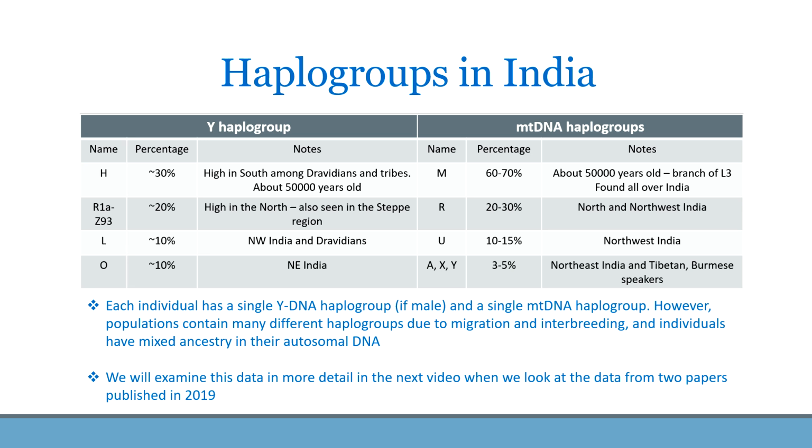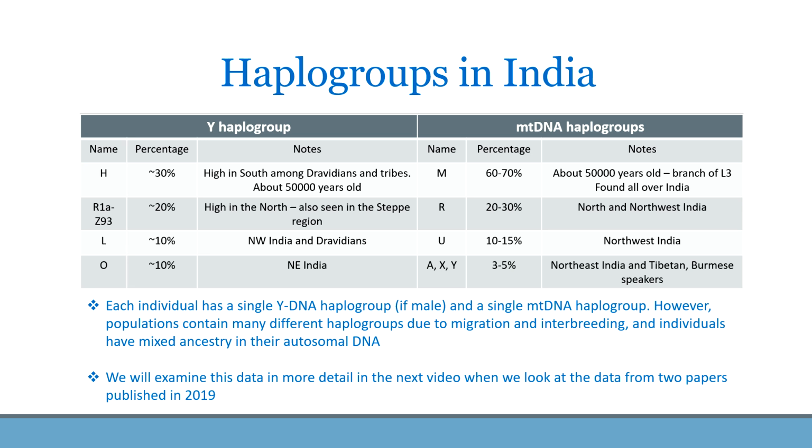The R1Z93 has higher prevalence in the north and is also seen in people of the steppe region of Central Europe. This is a crucial piece of evidence, and we will discuss this in detail in the next video. M and its subclades, M2, M3, and M6, is the dominant mtDNA haplogroup in India and is about 50,000 years old. It is found all over India in about 60% to 70% of the population. The R haplogroup, not to be confused with the Y haplogroup R1Z93 mentioned earlier, is more prevalent in the North